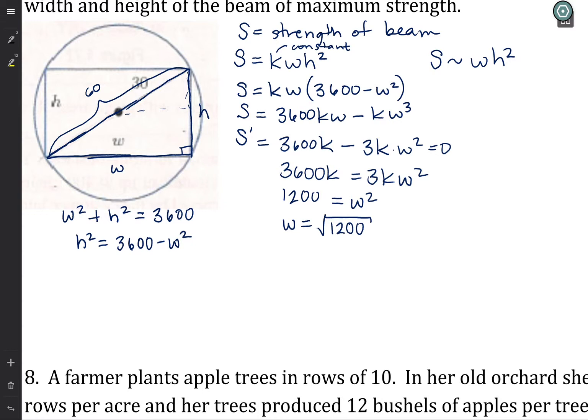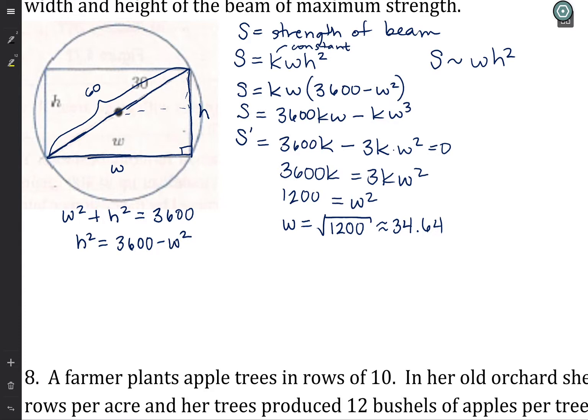width of our rectangle. I'm staring back at this. I did my calculator work, but my brain didn't work and I did 1,800 instead of 1,200. So let me just check really quick. I think the rest of my stuff should be okay. Square root of 1200 is roughly 34.64. And I wanted to have that idea so that I could picture if it made sense